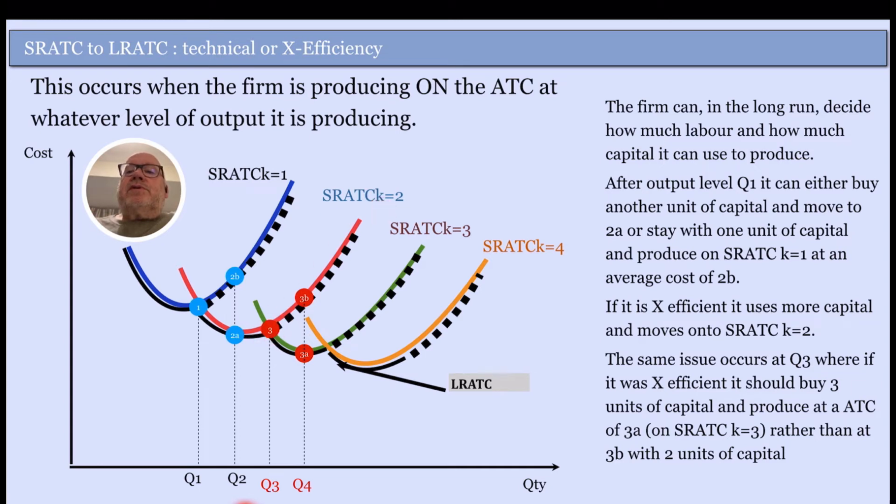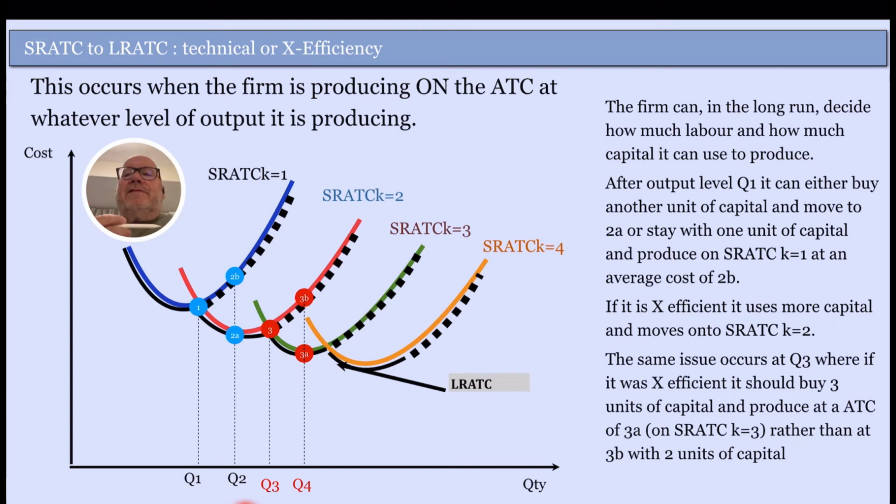We could keep 2 units of capital and start to see our average cost rising, or we could move on to the green one, which is where you buy 3 units of capital. So in the long run, you adjust the amount of capital and labor that is in the industry. So therefore, if you are doing that and you're operating at any of these quantities, at point 1 or 2A or 3 or 3A, i.e. you are on your long run, because this becomes the long run average total cost curve,